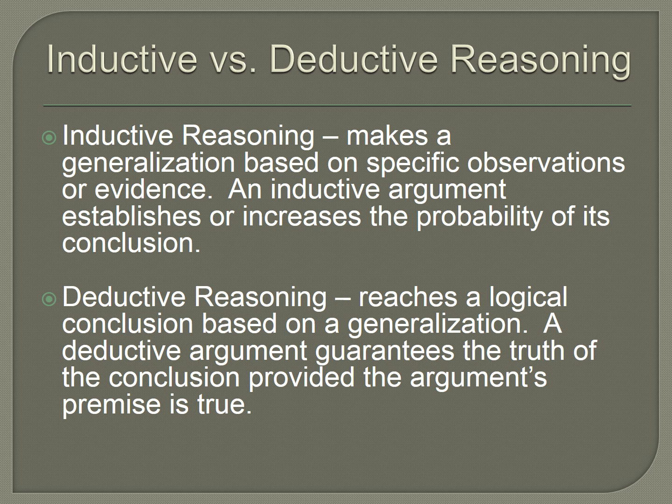A deductive argument is basically the opposite. If you think about it, it's where you reach a very specific logical conclusion after starting off with a generalization. You deduce this specific conclusion based on your generalization and then some adjoining evidence that allows you to reach that specific logical conclusion. So let's take a look at some examples of inductive and deductive reasoning.